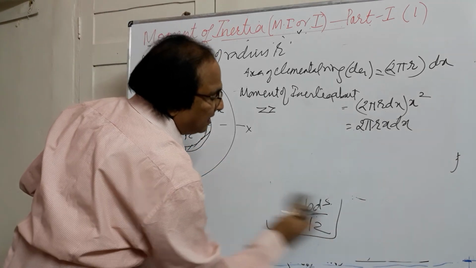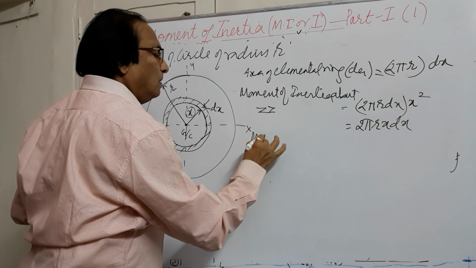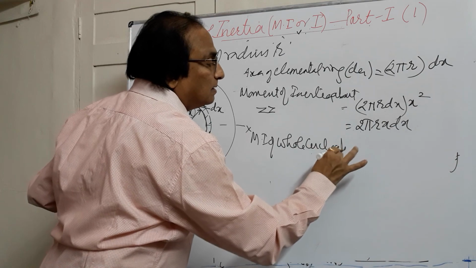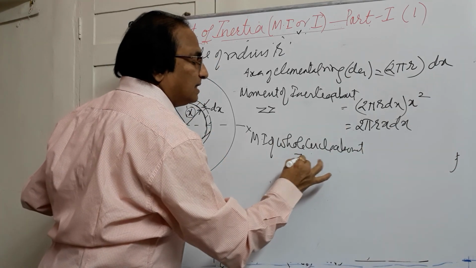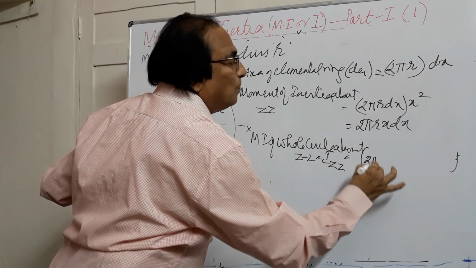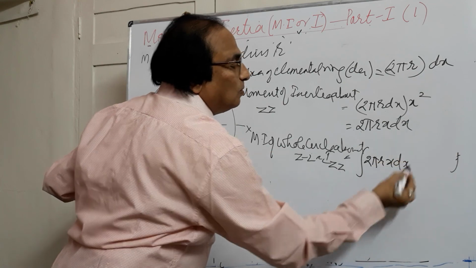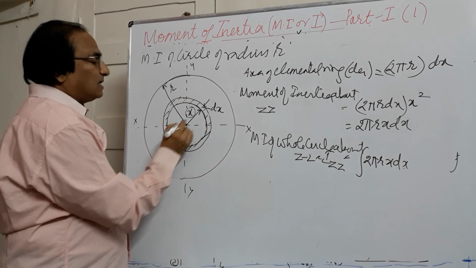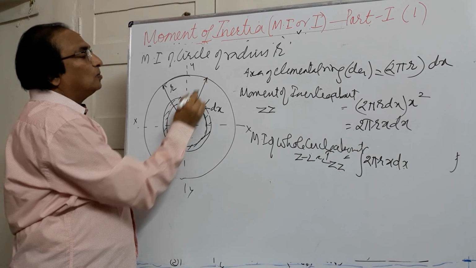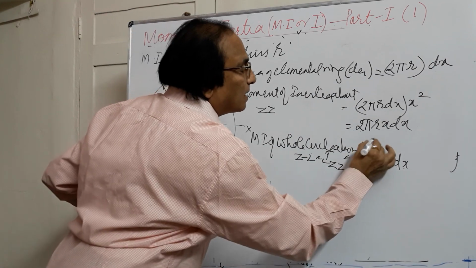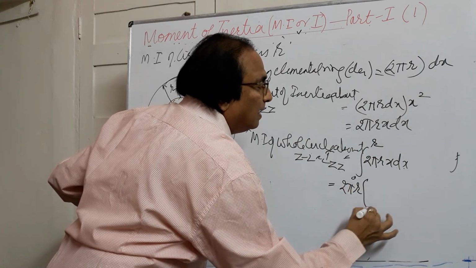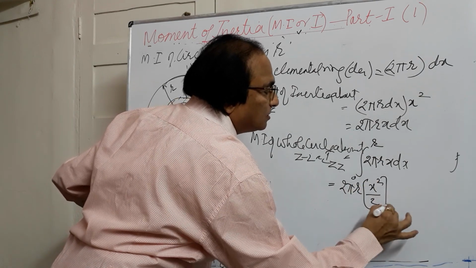Like this, we will find the moment of inertia of the whole circle about zz. This is important in the case of a circle only. So Izz will be equal to the integral of 2 pi r x square dx. What is variable here is dx. So we are measuring x from the center to x equal to r. So the limits of x will be 0 to r. If you integrate this, you get 2 pi r into x cube by 3...